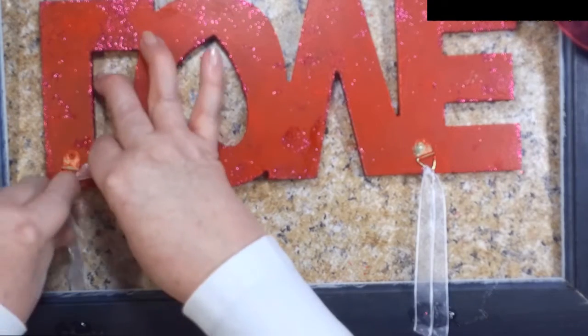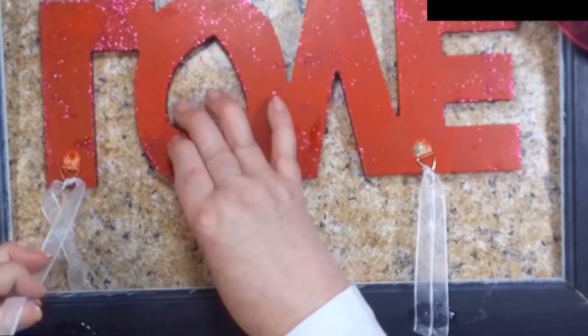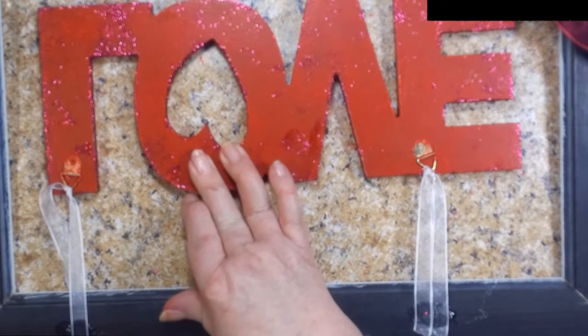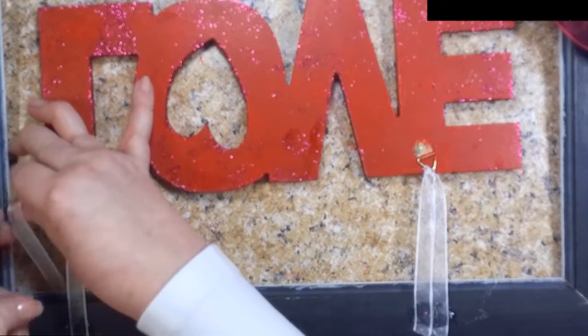One of my viewers told me that the best hot glue is from Michael's. I don't remember the name of it, but I'll put it in the information below if I can remember to think of that later. But she said she likes it. It doesn't string, and it doesn't give her the problems that this does. This is an AdTech brand of glue, and it's horrible. It's the stringiest glue I've ever had. Now you're going to try and make sure you get this as straight as you can, like the love sign. You want it to be